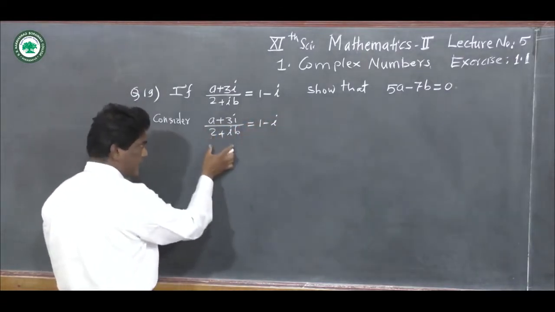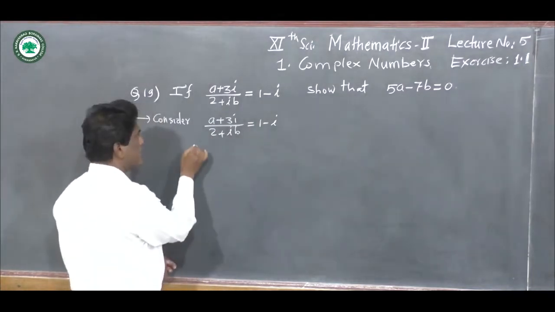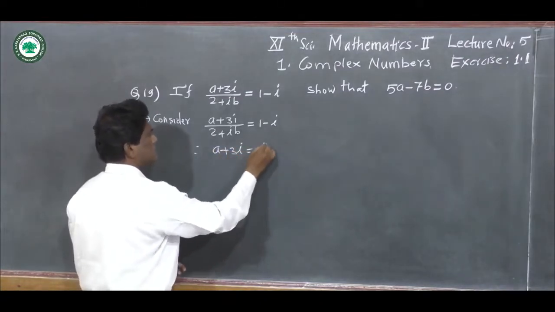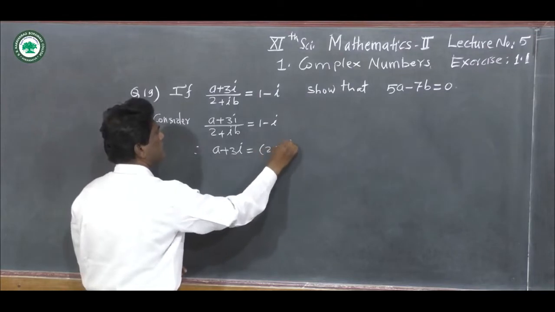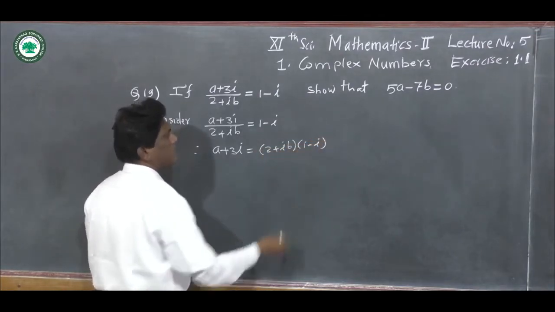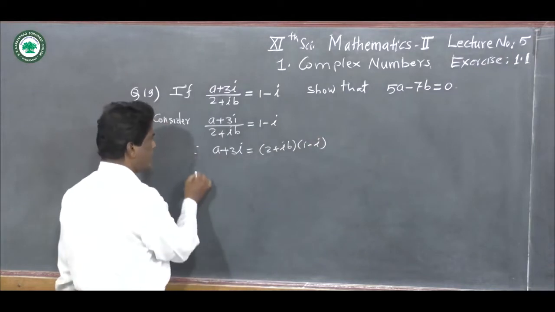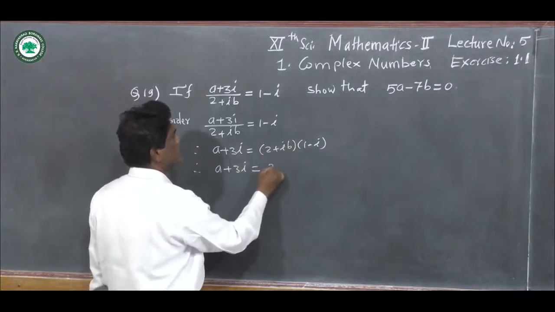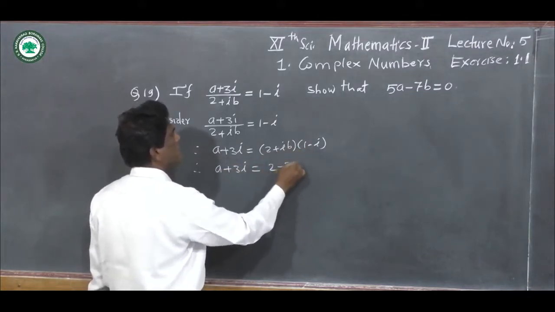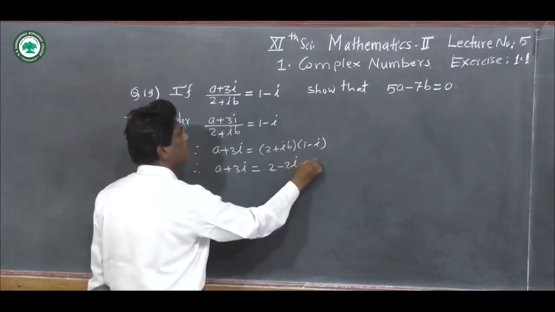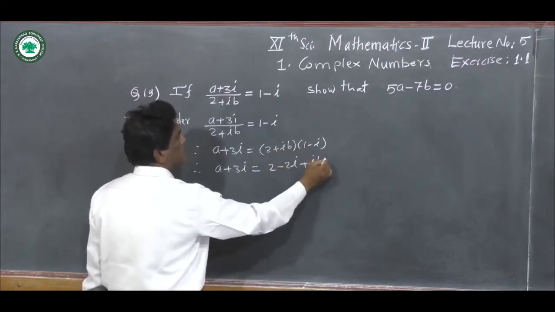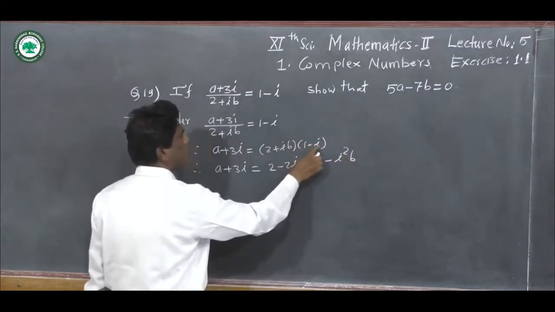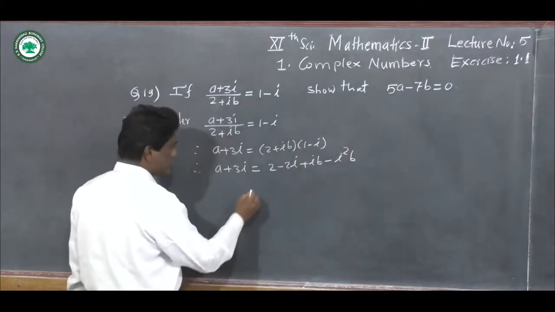Now carry this 2 + ib to the right hand side, and therefore we get a + 3i = (2 + ib)(1 - i). Now take the product on the right hand side. We get a + 3i = 2 into 1, that is 2, 2 into -i, that is -2i, plus ib into 1, that is ib, and plus, minus minus, ib into i, that is i square into b, i into i square, and b as it is. So the right hand side is